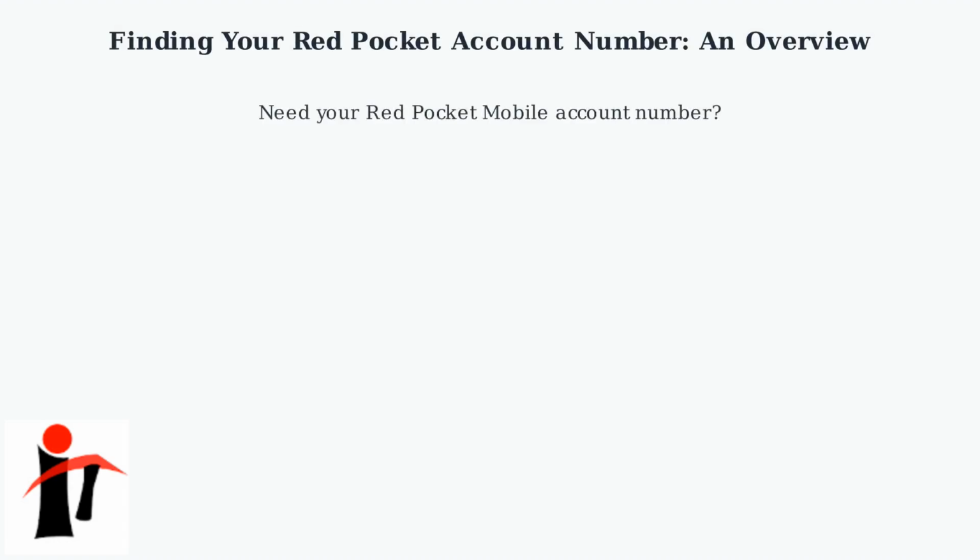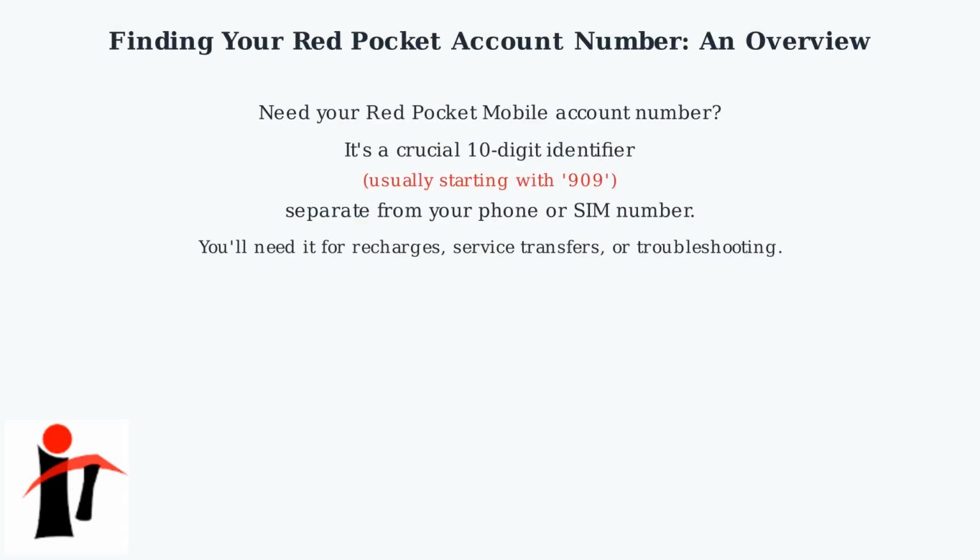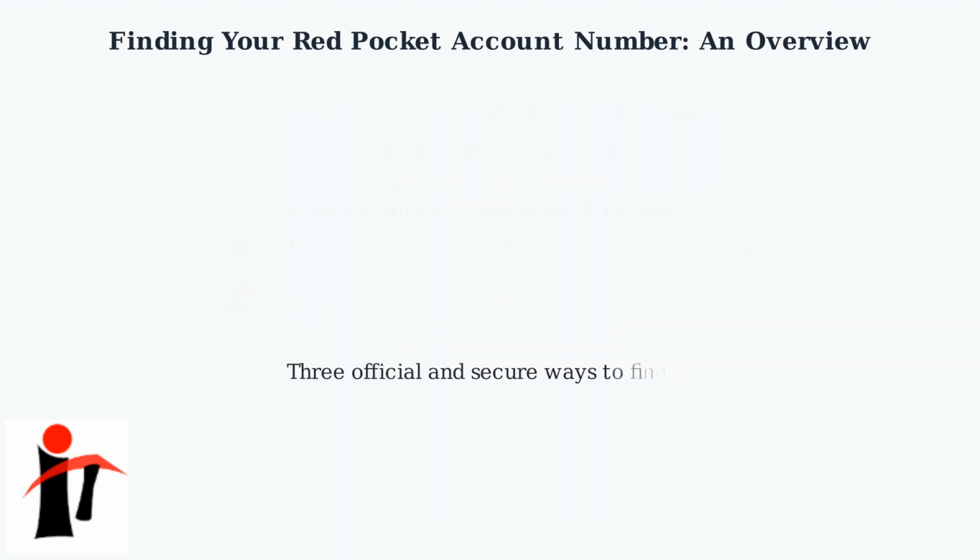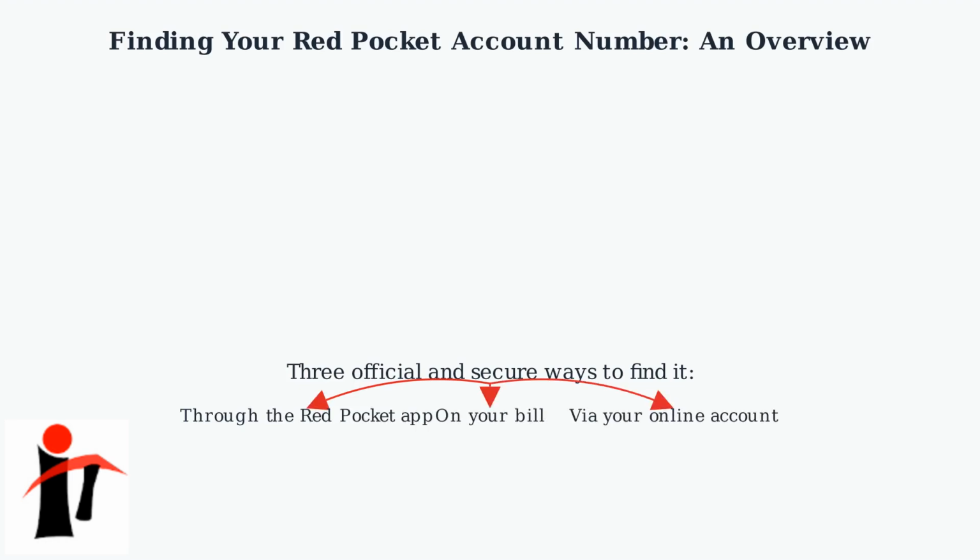Need your Red Pocket mobile account number? It's a crucial 10-digit identifier, usually starting with 909, separate from your phone or SIM number. You'll need it for recharges, service transfers, or troubleshooting. Never share it publicly. We'll show you the 3 official and secure ways to find it through the Red Pocket